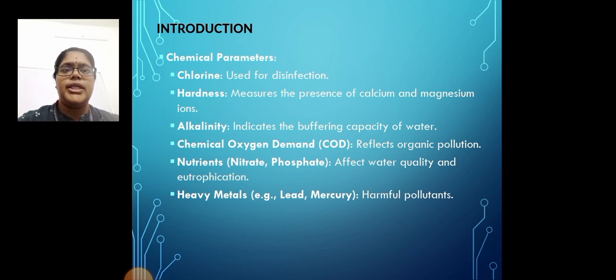Next are the nutrients. Nutrients like nitrates and phosphates affect the water quality, and they also cause eutrophication. Eutrophication is nothing but a sudden bloom of algae on the surface of the water. Next are the heavy metals. Examples are lead and mercury. They are very harmful when they are present